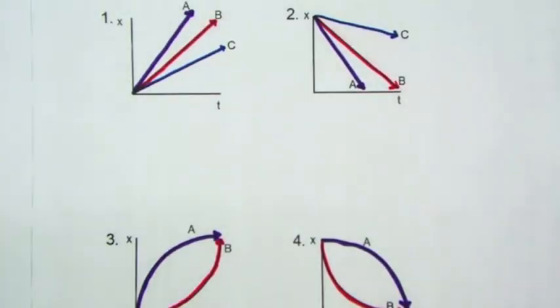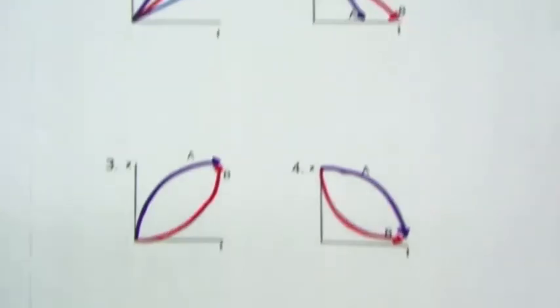All right, so right now I have 4 different graphs of a position versus time graph, meaning I am going to analyze the motion of an object that is represented from an x versus t graph. X represents the position and t represents the time. So some things that you need to keep in mind whenever you're analyzing a position versus time graph is what